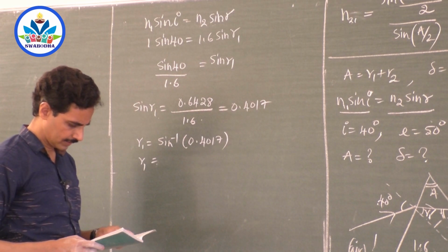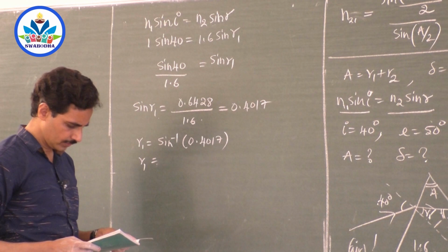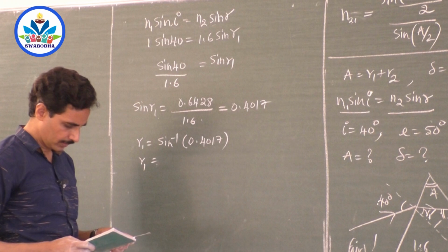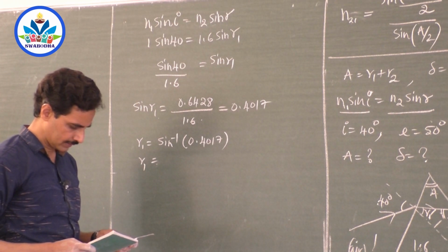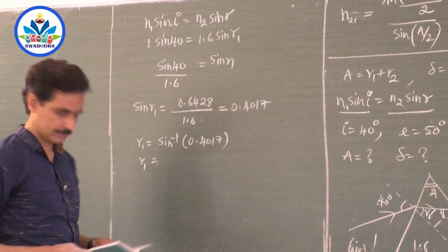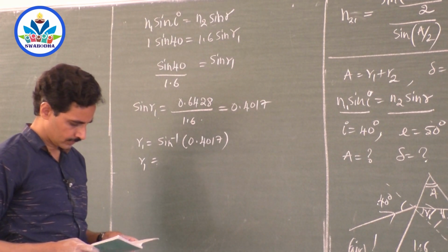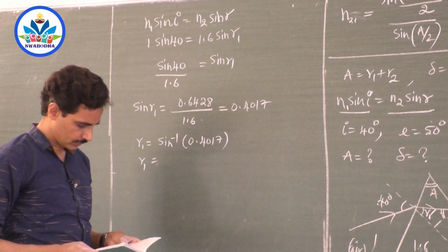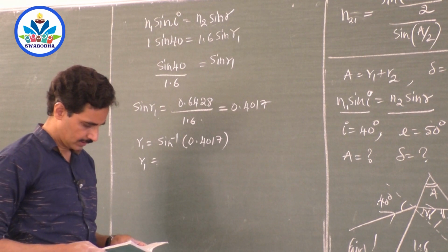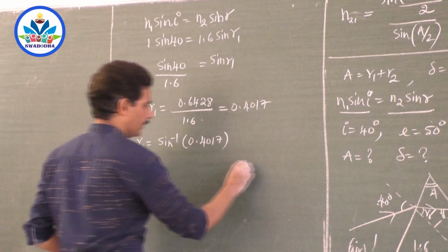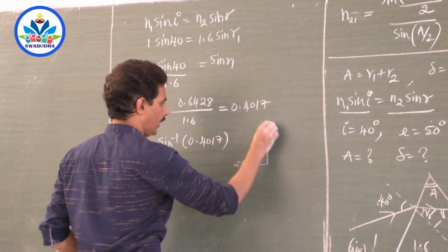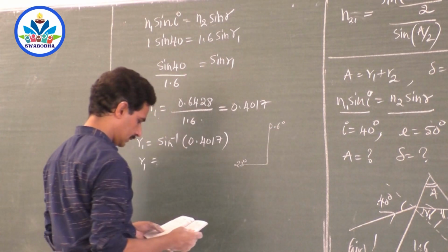Do you have any number lesser than that? Yes, you have 0.4003. Of course, 0 point is not available in all the table. Columns and rows: 0 point is written only in the first column, so you have to assign it to all the numbers. So it is in 23 degrees, 0.6 degrees. In a 23 degree row, and here 0.6 degree means it is 36 minutes.